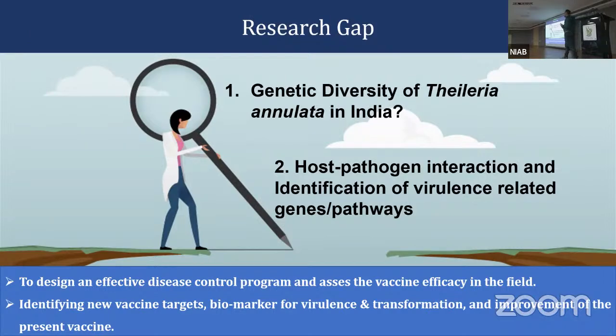Now, this vaccine has been used for multiple decades, but the attenuation mechanism of this vaccine is not known. If we can understand the attenuation process or the virulence factor of the parasite, that how it is causing the virulence, we can identify new vaccine targets or improve the current vaccine. Now, based on this